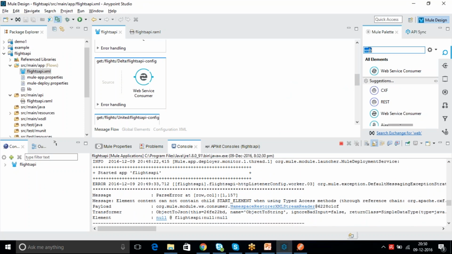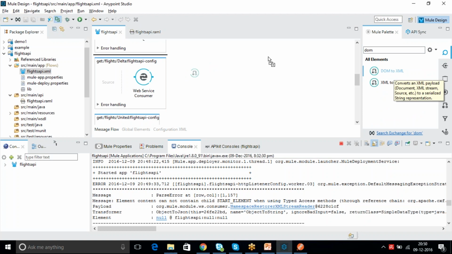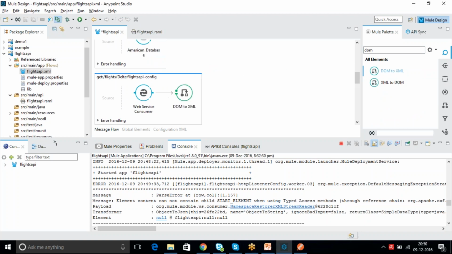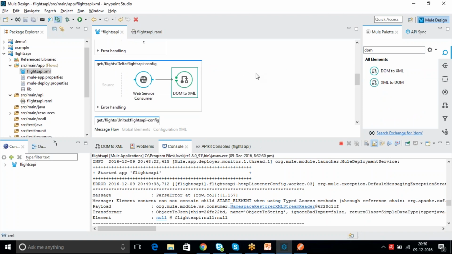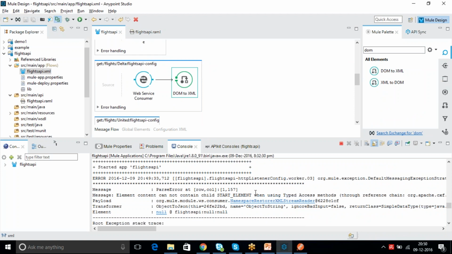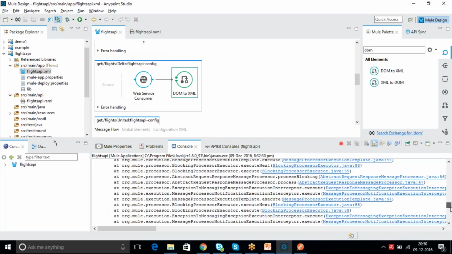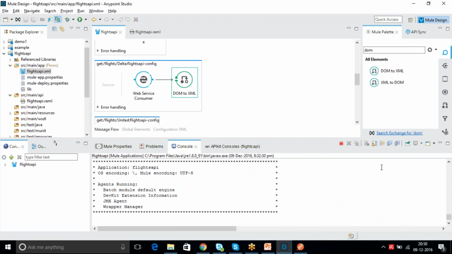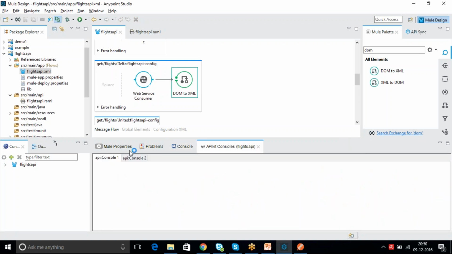So you just use some component to show it properly. Use DOM to XML. This is a web service, right? Use this component and see if it works. You can also clear your console if you don't want to see that.